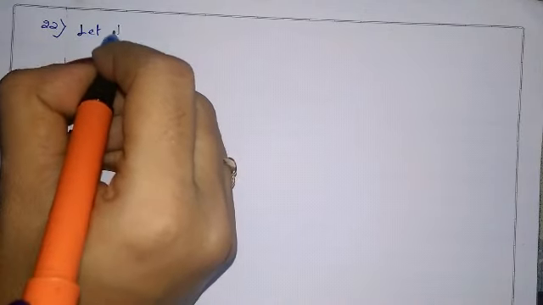So question number 22 is, find the three terms in AP whose sum is 15 and their product is 105. When they have asked to find the three terms in AP, with sum 15 and product 105, at that time what we have to write: let the three terms